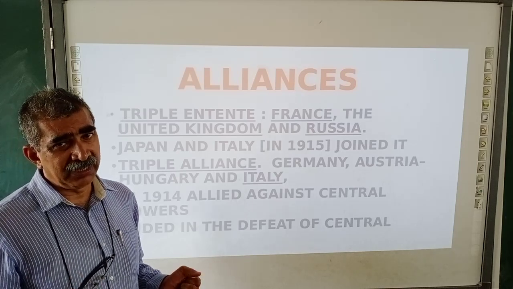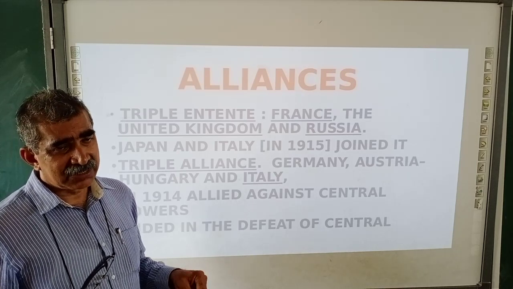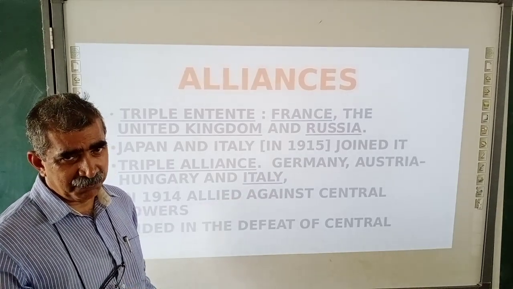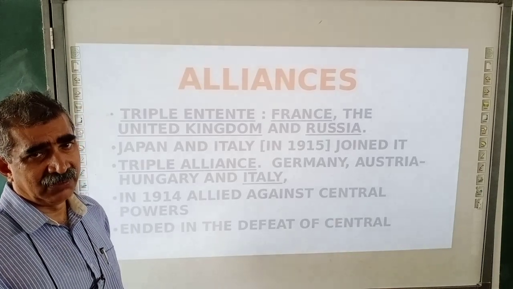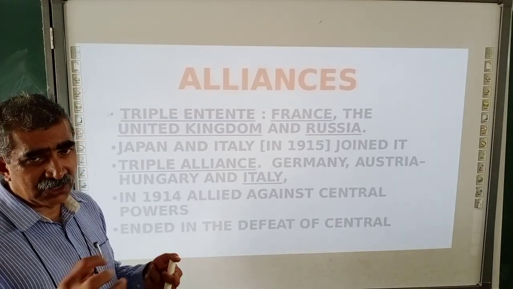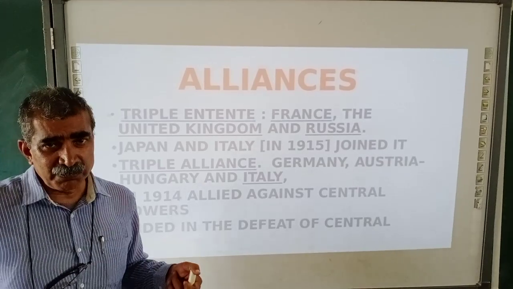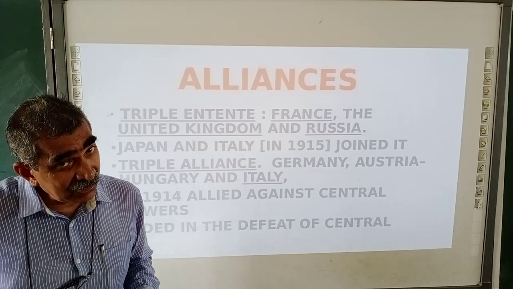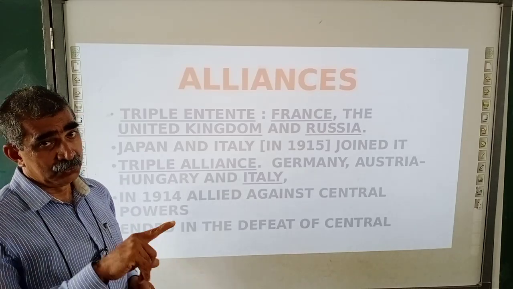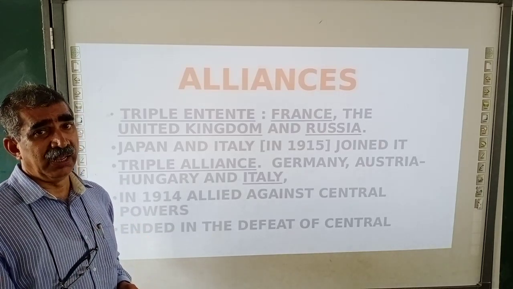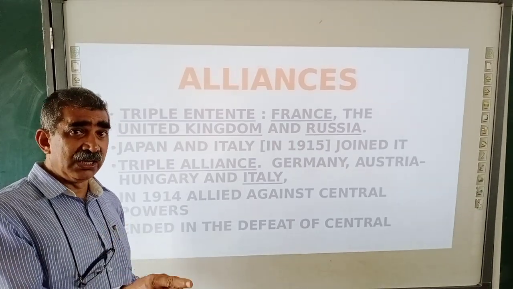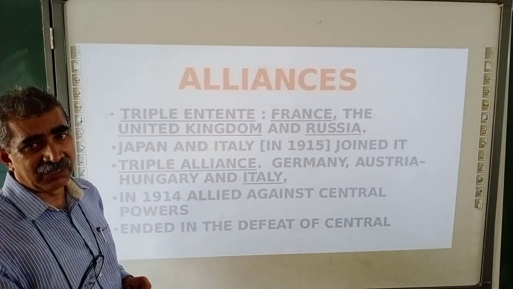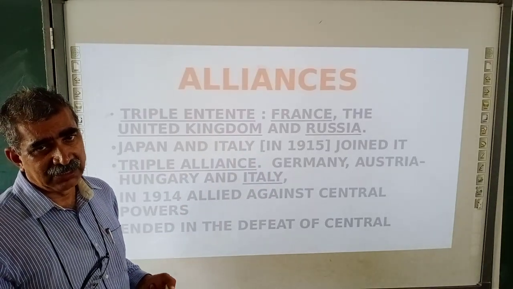Archduke Ferdinand was assassinated. Serbia was ordered to catch the culprit and hand him over to Austria. So, that friction between Austria and Serbia, and the support given by Russia, not USSR, Russia, to Serbia, made Austria seek the support of Germany and declare war on Serbia. Ultimately,